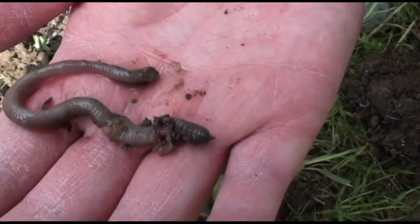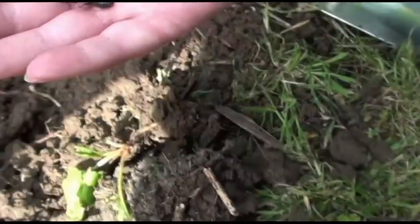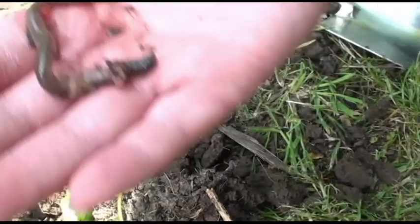Nothing to do with ears or wigs. And now it's running off. Let me put it back in the soil. There you go. Right, Beavers, next on our list, dig any hole in your garden like this, and you are